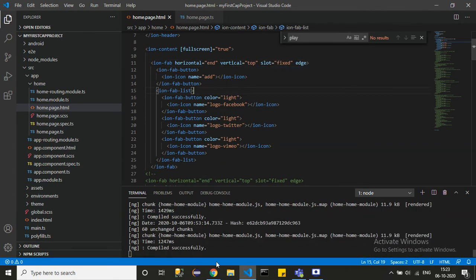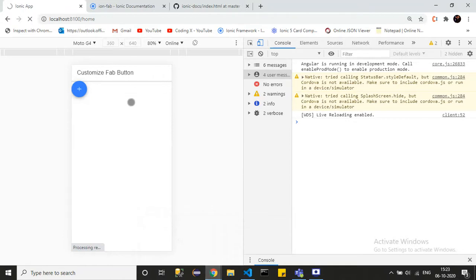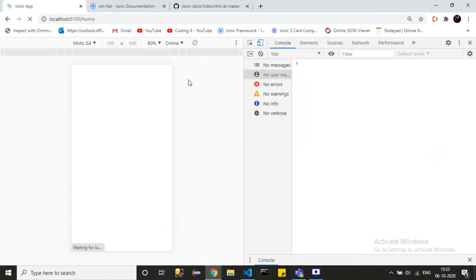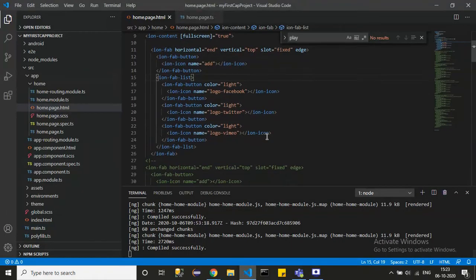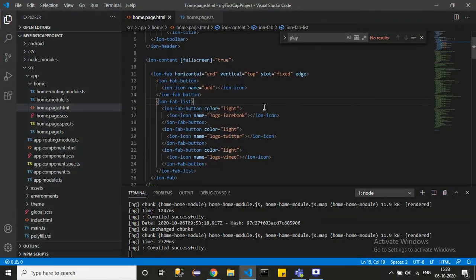Horizontal end and vertical top. Correct. So it will come here. So in this way you can give the position of the button. Now the ion-fab position is done.